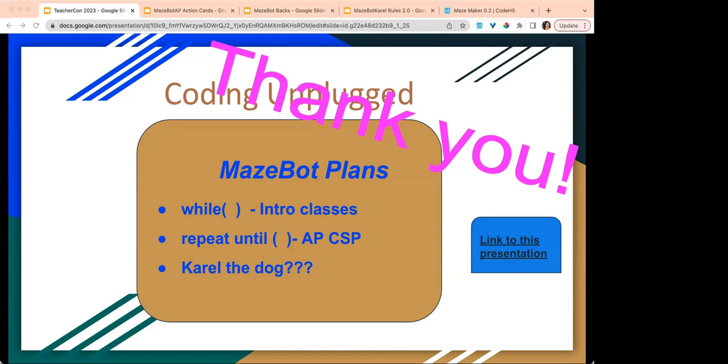And so my future plans for this, just because I'm not done yet, are to try to get this wild deck completed, should be done any day now. Then I'll get a repeat until version that's more associated for the APCSP kids. And then I've started brainstorming how to do it with Carol the dog, Carol, Super Carol, and Ultra Carol. I don't know if I'll be able to do that in the near future, just because